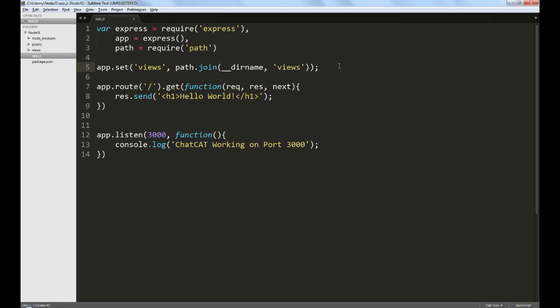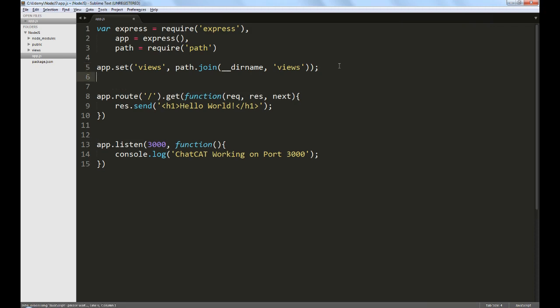To use the Hogan templating engine, we will set app.engine to use HTML. That is, the templating engine inside of Express should render HTML files, and the method which it should use to render those pages is defined by the Hogan